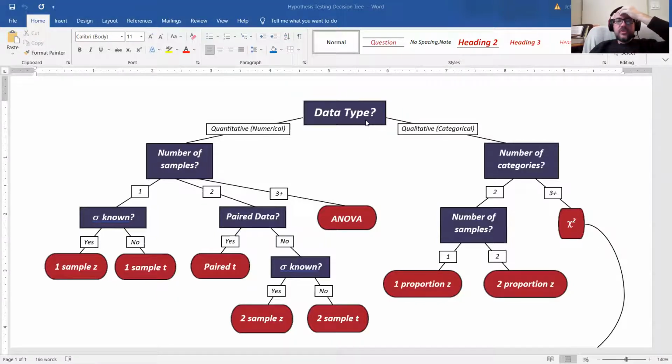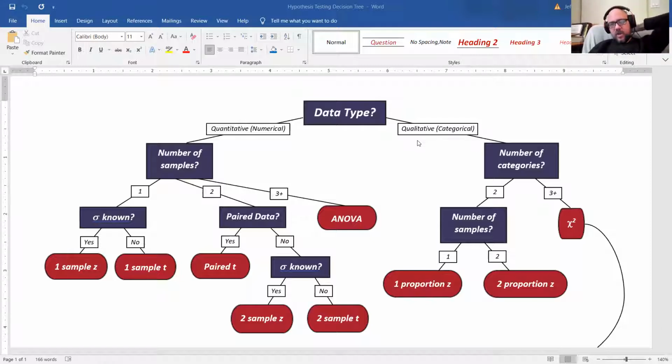So ask yourself, numerical versus categorical, which kind do I have? Secondly, how many samples? Is it 1, 2, or more than 2? Right? If it is one sample and you have quantitative data, then you know you're doing one sample Z or T, which your calculator just calls Z test or T test. If you had a qualitative, a categorical